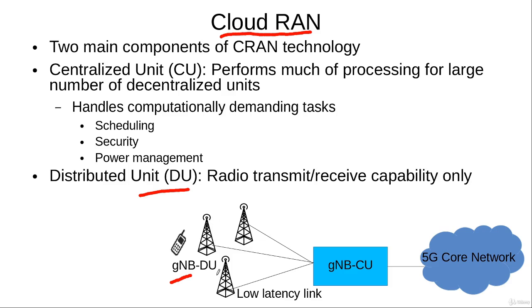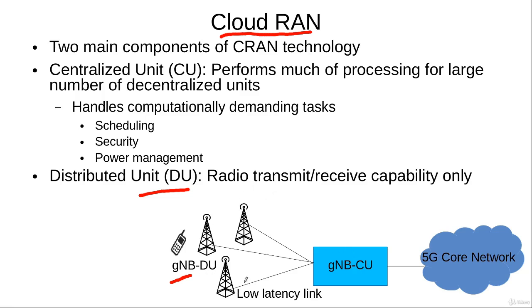The GNB distributed unit is near to the base station, is at the site of the base station, and it only holds the radio transmit receive capability, while all the processing of the GNBs is moved to the GNB centralized unit, and one GNB centralized unit basically handles the processing for all the GNBs